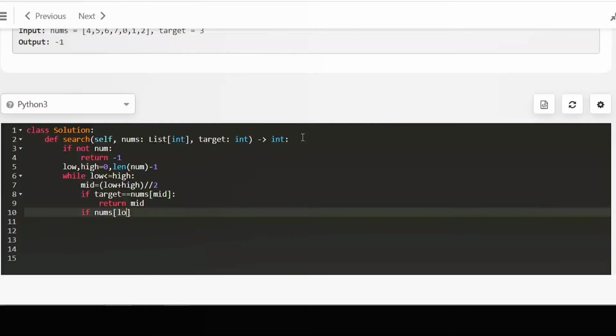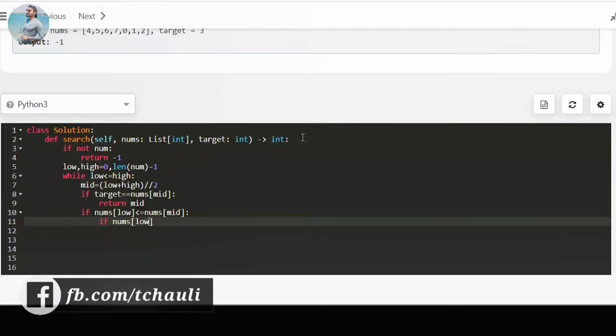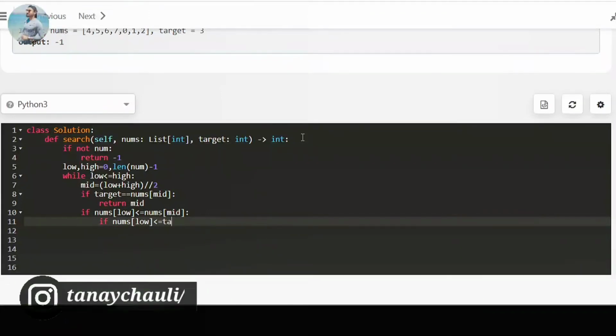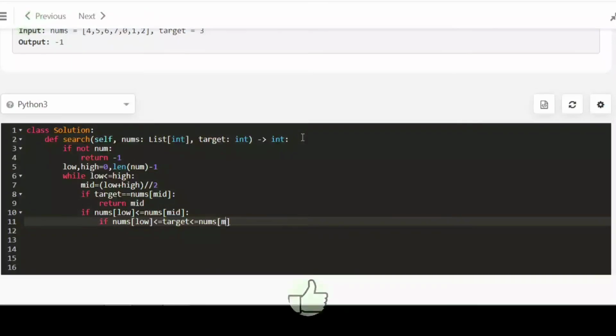Now we check whether nums low is lesser than or equal to nums mid or not. Now we will check whether our target is present on the left side of this mid or not. Means nums low lesser than or equal to target and target lesser than or equal to nums mid.